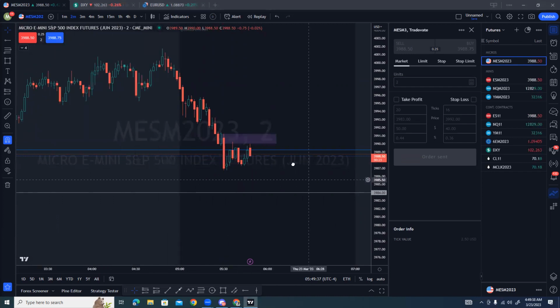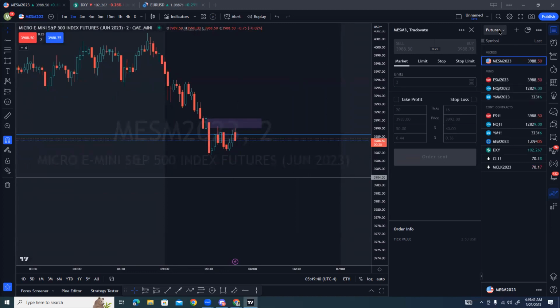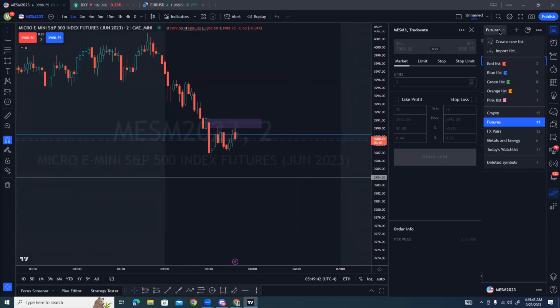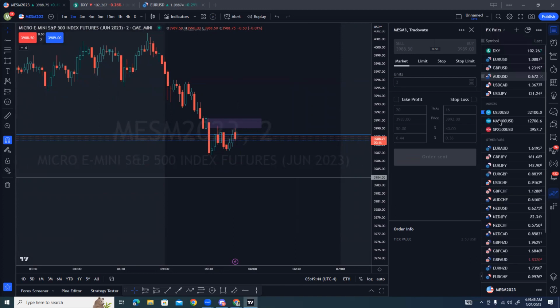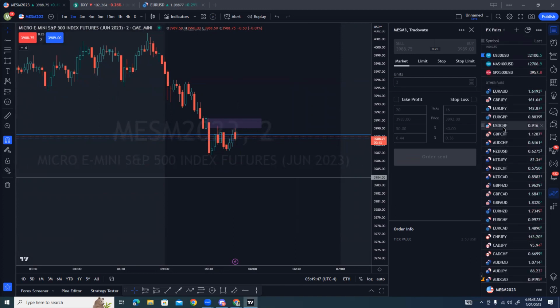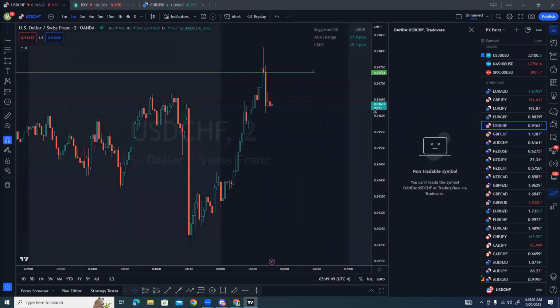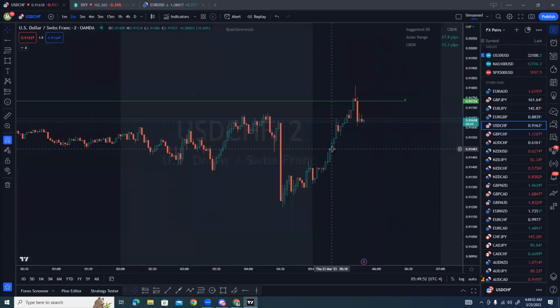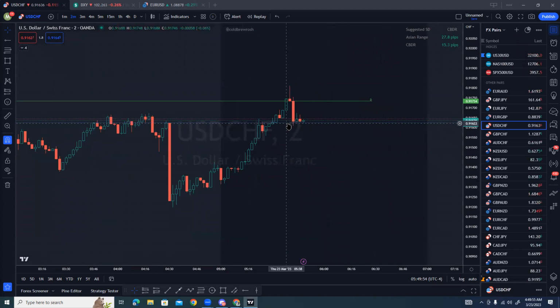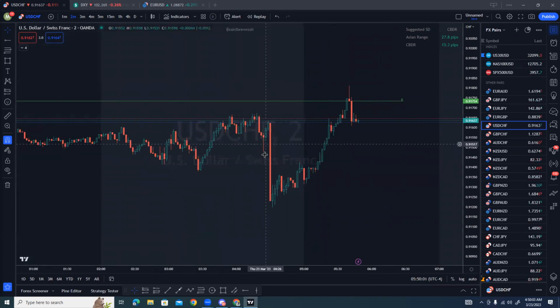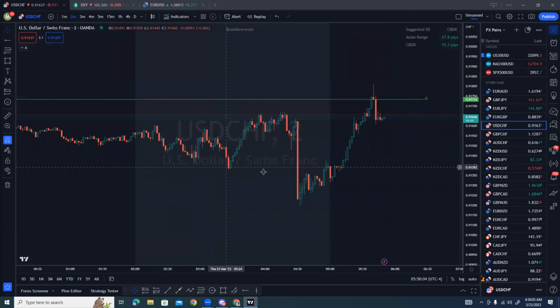Ooh, I bet the dollar Swiss is going crazy. That news came out about 15 minutes ago. I just want to see what the price action looks like. Not as much as I thought it would. I don't know. It was right here. It was an hour ago. But, I mean, you wouldn't have taken that trade before the trade happened, but